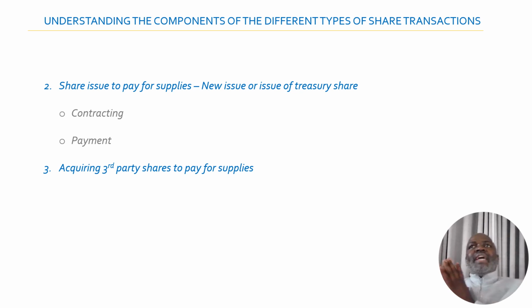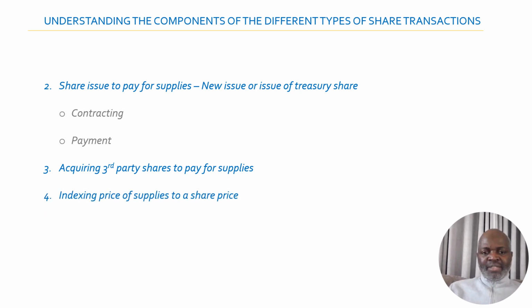And then you need to go and look at, okay, this whole acquisition of shares in a third party entity in itself is a transaction. And then now the use of this investment in shares of entity Y to pay our supply. Understanding all those, breaking down the components of the transaction is your first step towards then creating a solution that